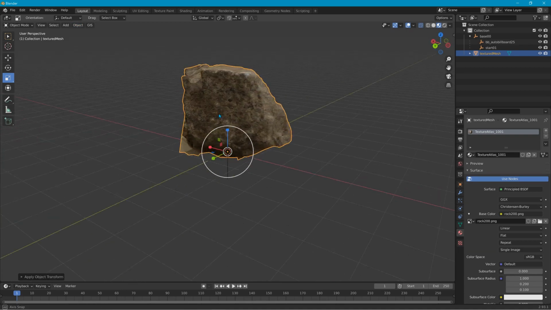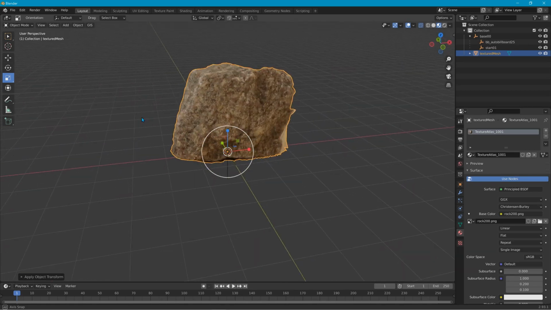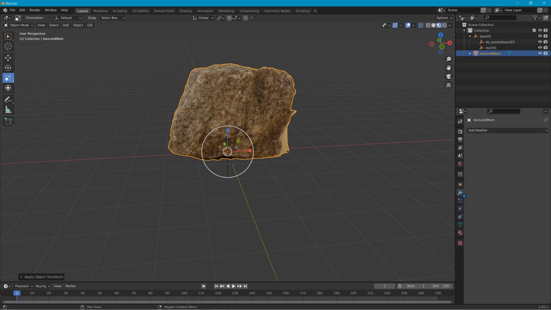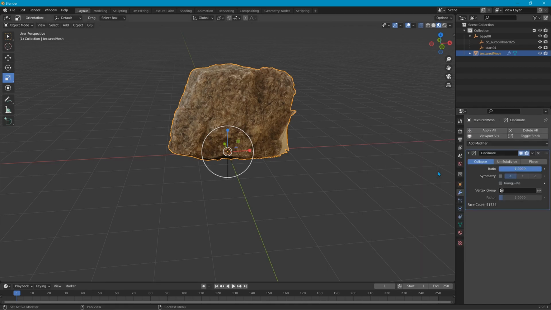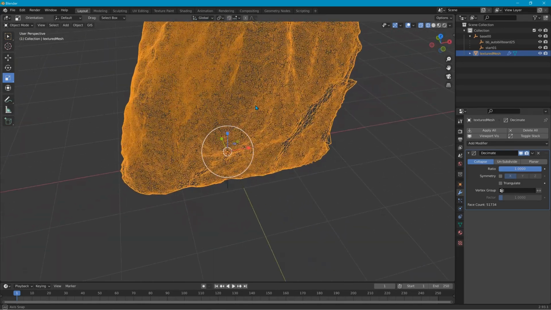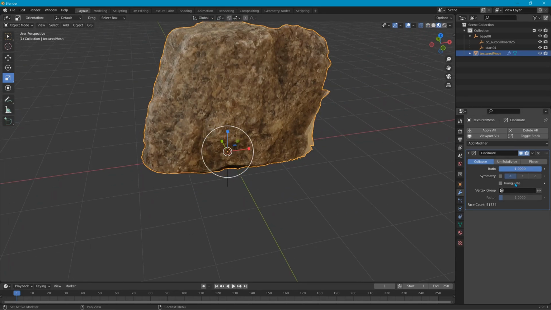Alright. Now what we're going to do is decimate it. We're going to reduce the polygon count if we have to. Let's see how many polygons or faces. We'll pick this wrench, we'll add decimate, and it's 51,000 faces. So looking at the wireframe, you can see it's quite detailed there. So what we're going to do is decimate it. Let's change this value to 0.5